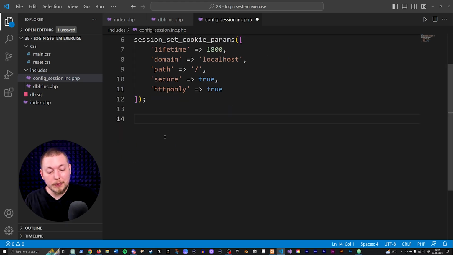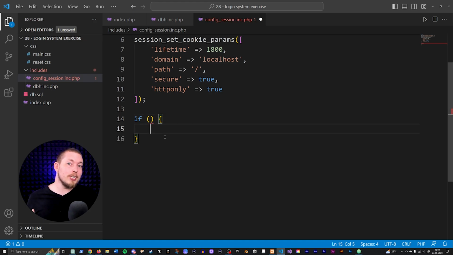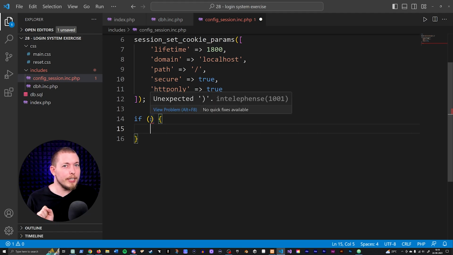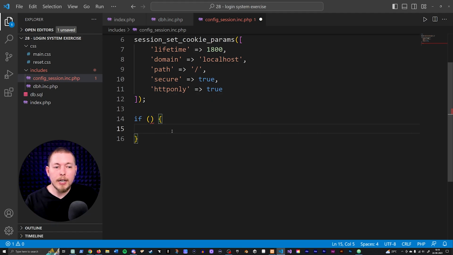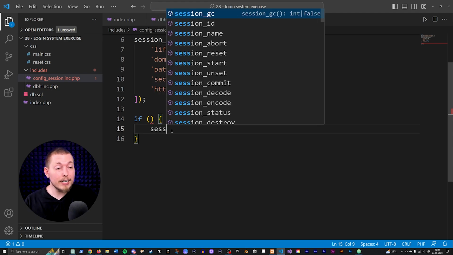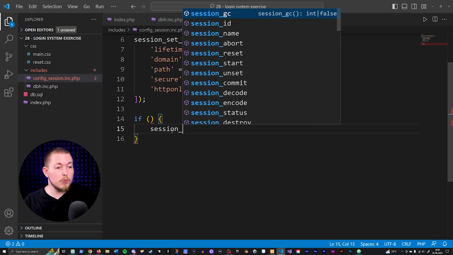So what I'm going to do here is create an if condition, which is going to go in and check if a certain session variable exists inside the website, because if it does not exist, then we need to create it in order to check when we last updated our session cookie. So what we can do here is go inside this if condition, and let's wait with the condition parameter for now, because that just confuses people. So inside the actual brackets here, I'll add in a couple of lines of code. The first one is where we go in and grab our session and run a function called